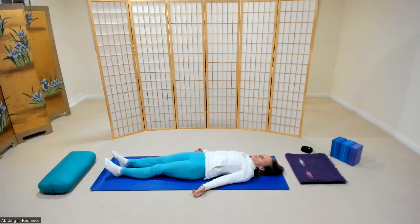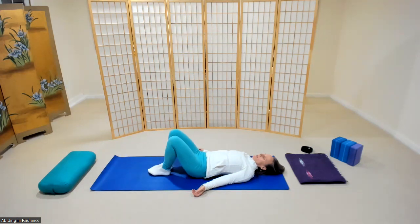Let's just lift and lower the legs and center yourself on your heels, heels pointing straight up, legs about hip width apart. We'll take the soles of the feet to the ground, legs hip width apart. We're going to move into the pelvis and the low back and the hips. Here, we're going to start by arching our low back, taking the low back away from the floor, and slowly releasing to your starting position,